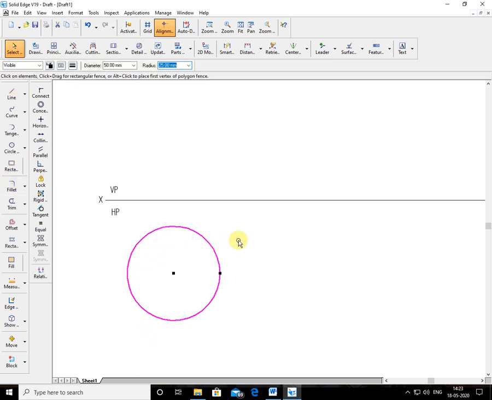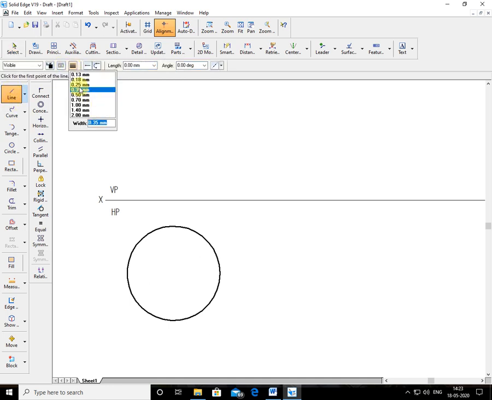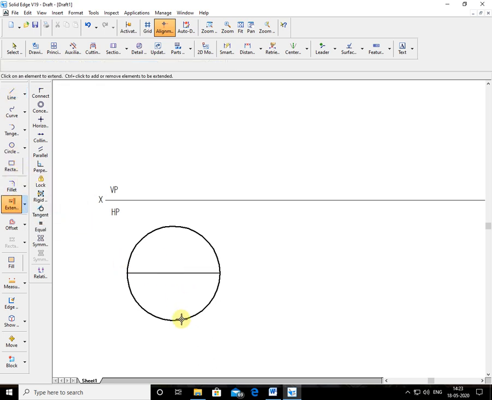Manually, when you do it by sketching, first you draw one diameter. I'll choose 0.5 here. So choose the center of the circle and draw one diameter. I'll extend this line up to here. Another line I draw, and here, I'll choose here. This is the vertical line. These are the 4 divisions.